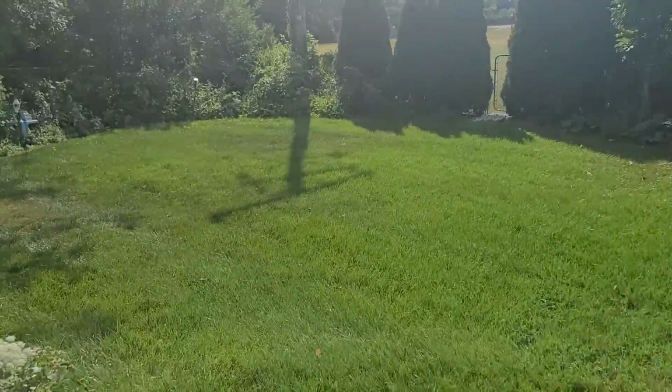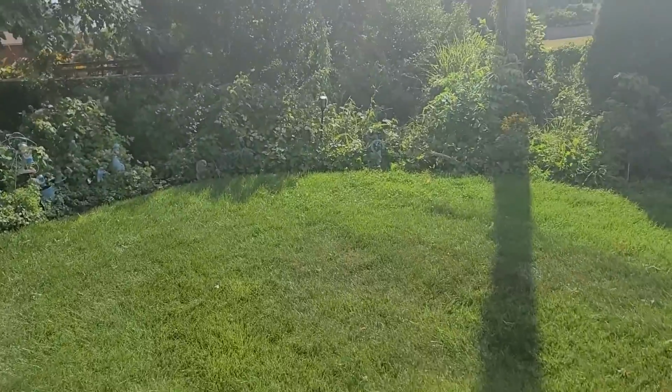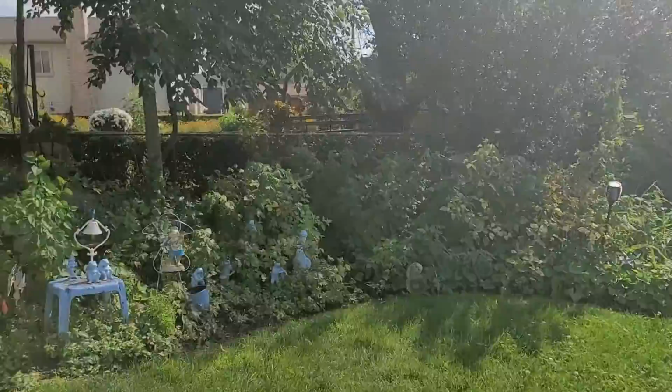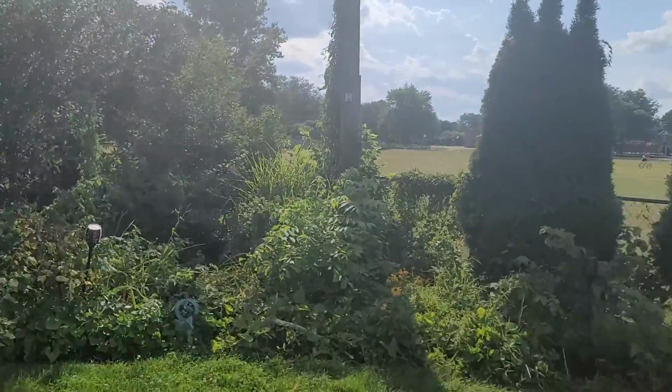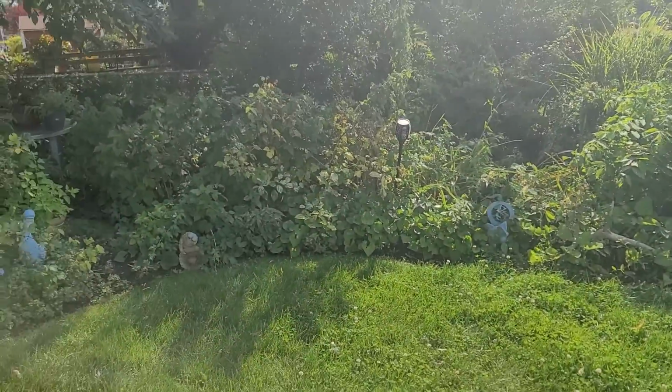Some detailed notes about this property. The customer should be here to show you what she wants, but just in case she's not, this is a property we did in the spring. You'll remember we trimmed and cleaned and did everything and mulch, and now it's overgrown like crazy already, but